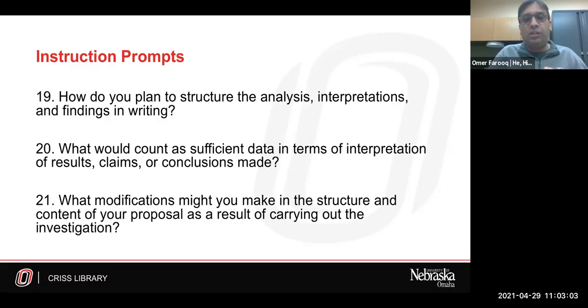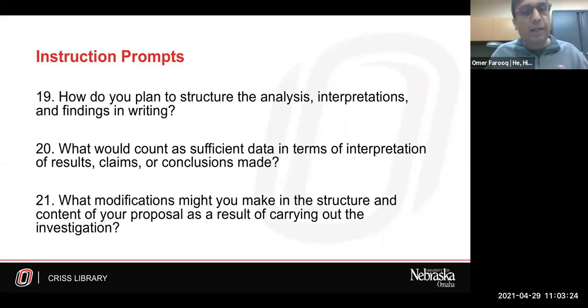So how did you decide that you have enough data and you reached that data saturation point? So highlighting how other researchers have done it in the past and borrowing that from the literature review is helpful as well.